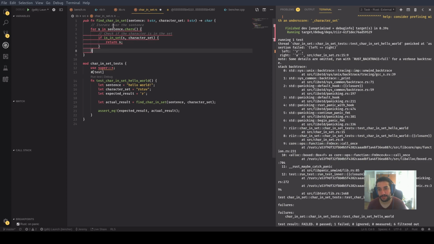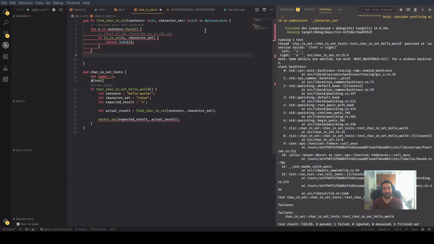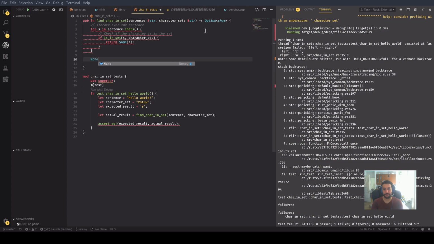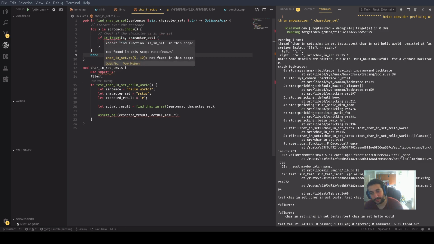And if we are done iterating through it, oh, that's a good question. What do we do if we did not find a character? Well, I suppose the most idiomatic way would be to return an Option of a char. If we return an Option of a char, that means here I can return Some(s). And if I iterated through the sentence and nothing happened, I'm gonna return None. How does it go? Okay, it goes pretty well. There is no is_in_set function,